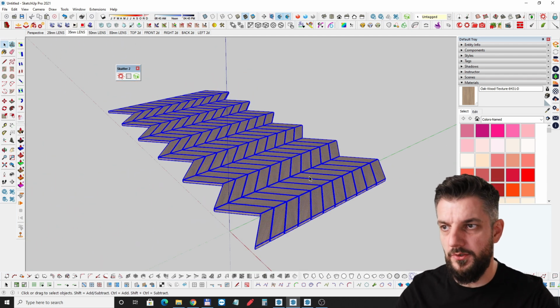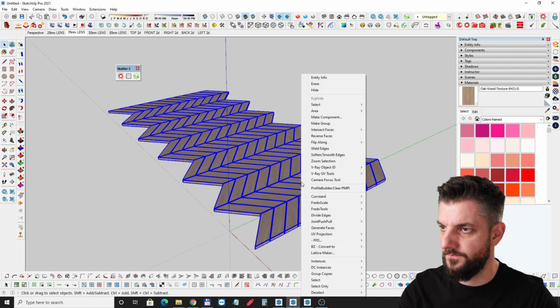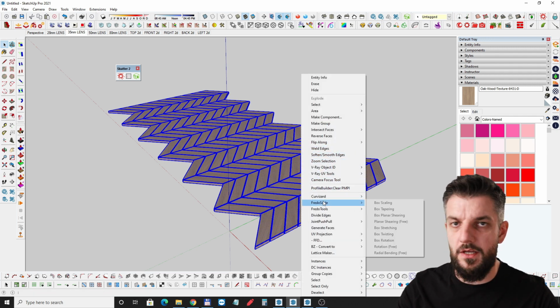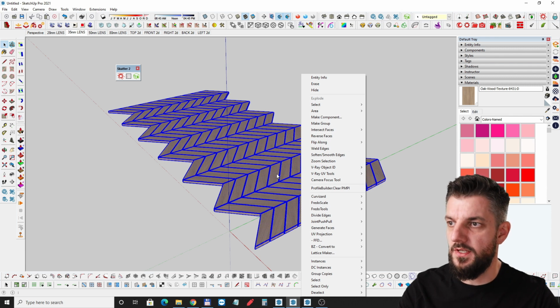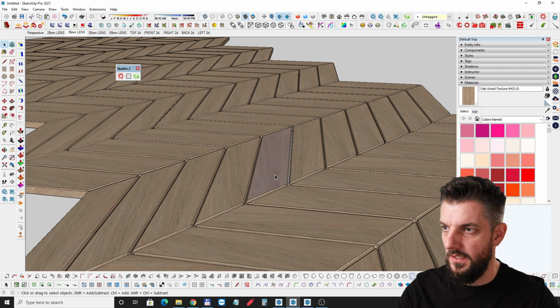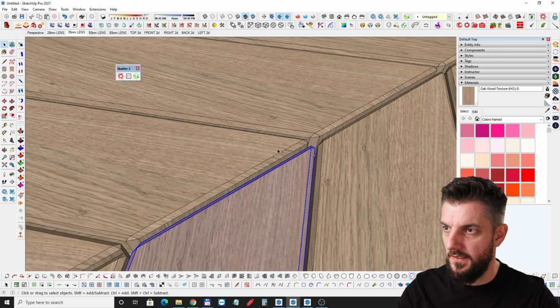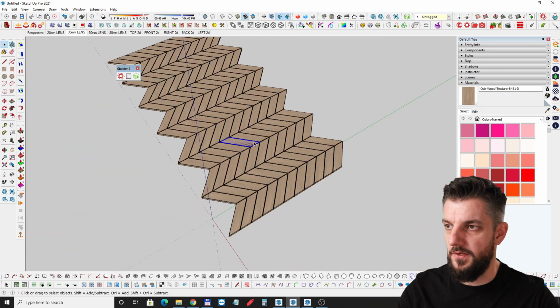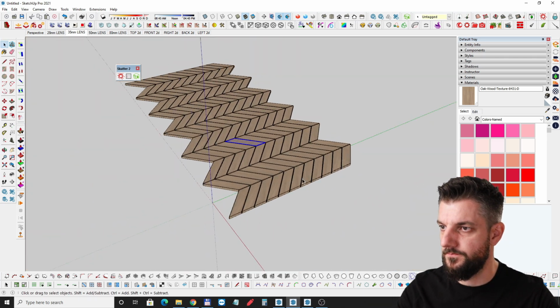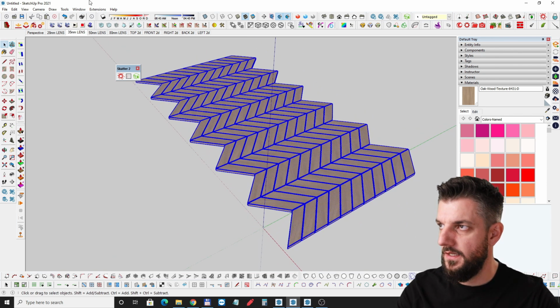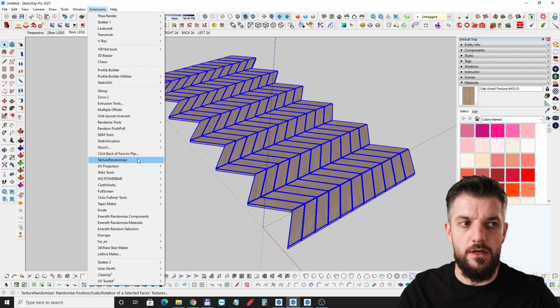Once you have your layout arranged, you explode the whole geometry, because the plugin we're going to use doesn't work well with components or groups. So I would just like to explode everything after I'm done with the layout on the floor. So we have each individual face, but because they're a little bit at a distance from each other, I can still go ahead and select everything. So we have our floor, we select, and then we go to texture randomizer,